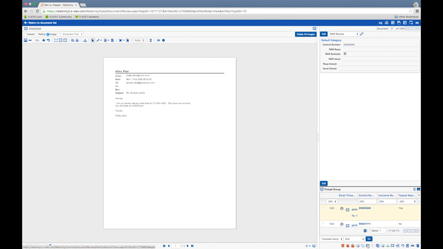In order to see the other emails in the group, navigate to the bottom right and click this icon. This will show you the other emails which fall into the same threading group. You can click over to the other documents in the group by clicking the control number. When you look at an email